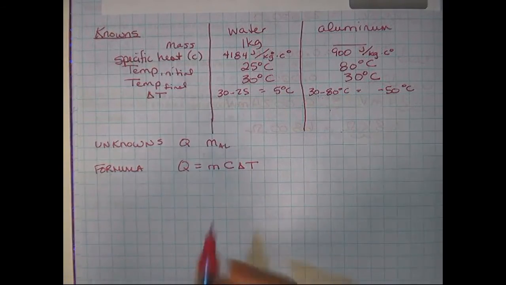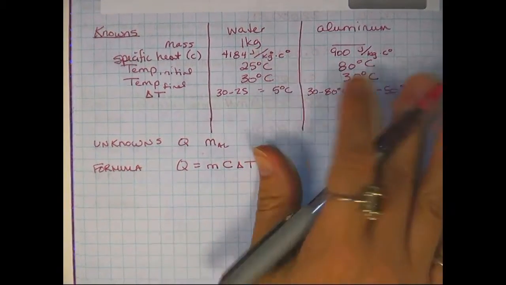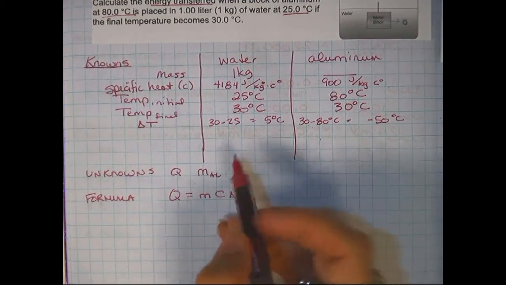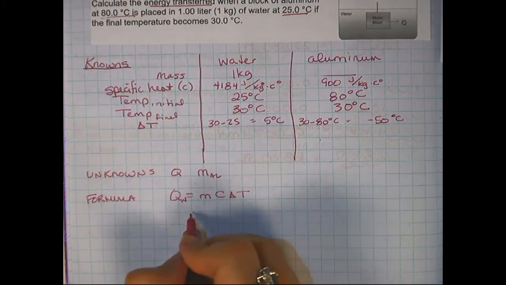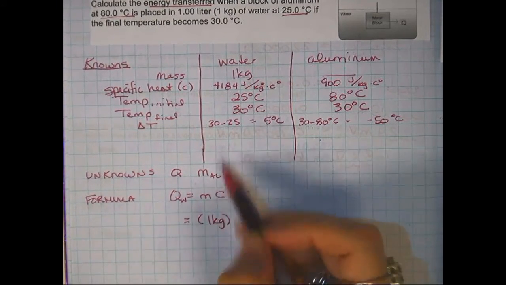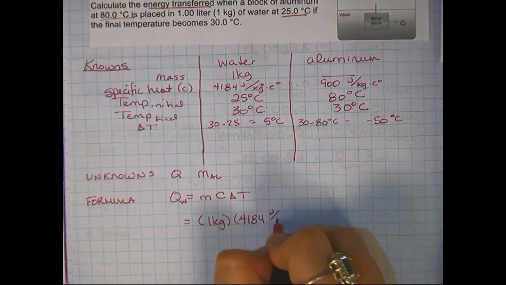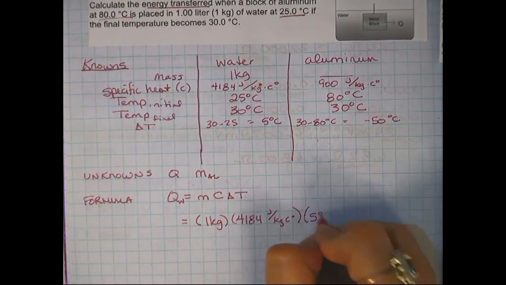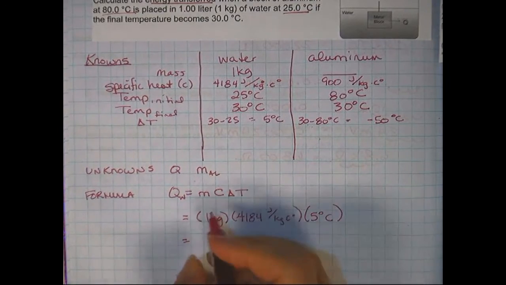So we're going to start filling this in, and we're going to do this formula for the water because I know all the information for the water here. And if I find the Q for the water, it'll be the same as the Q for the aluminum. So I'm going to find this first for water. So I need all these numbers here to come from the water. So the mass of the water is 1 kilogram. The C of the water is 4184 joules over kilogram Celsius. And the delta T of the water is 5 degrees Celsius. So plug this in your calculator. And we're going to get,